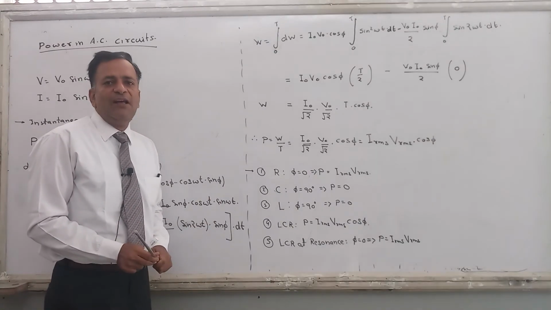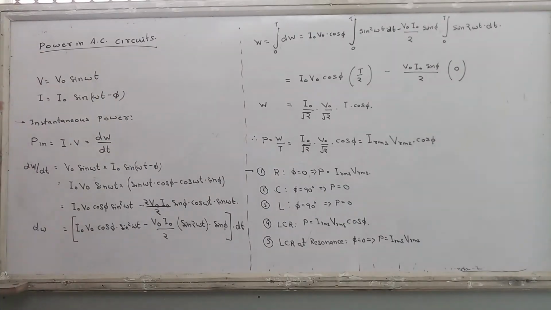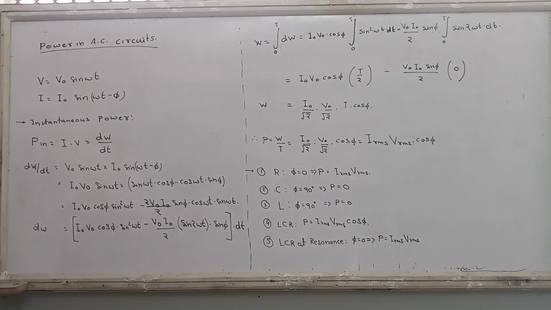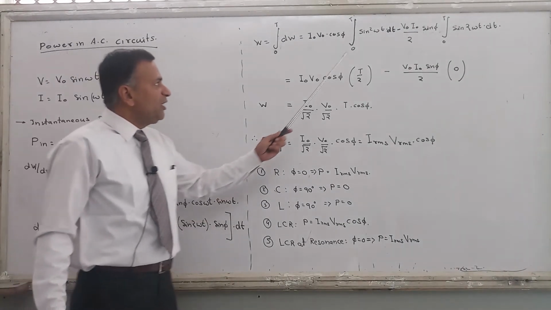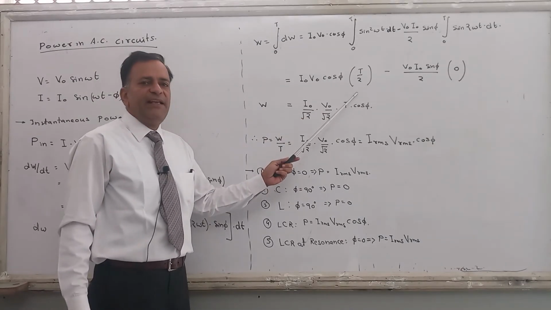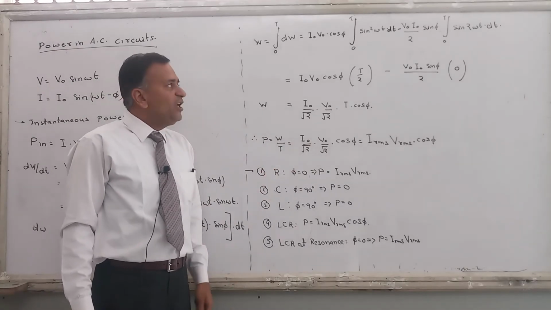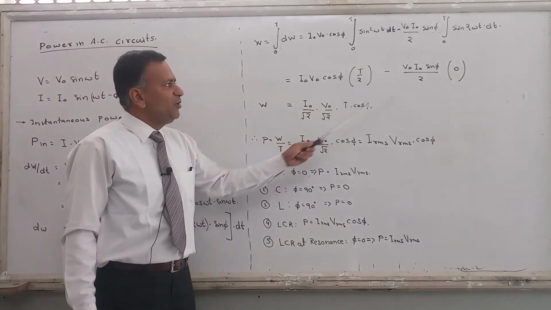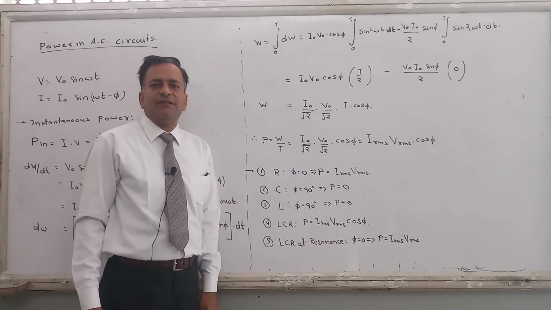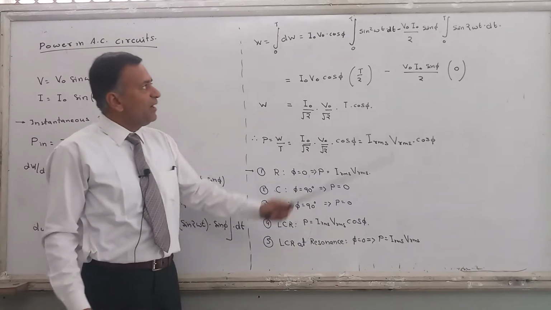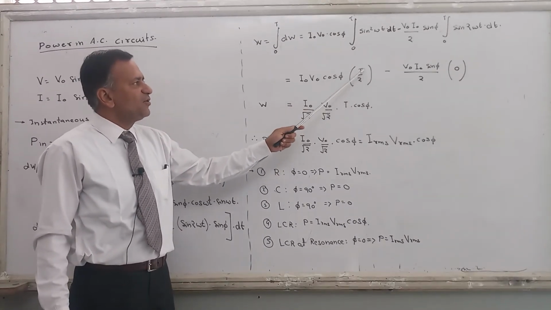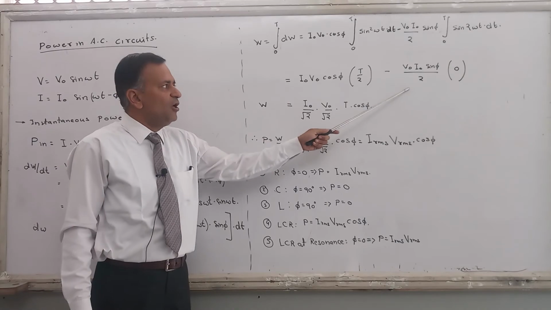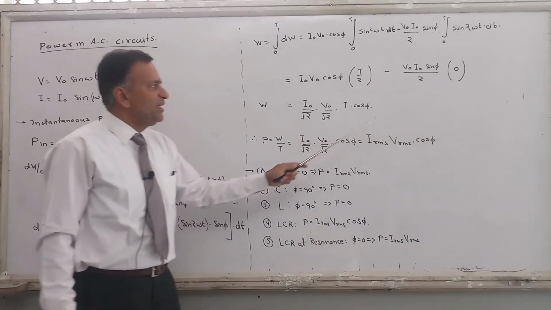No need to solve, because if you look at it, the derivation is already very long. And if you still want to integrate this and write down the results directly, you can write. If you want to solve this and then write that this is t by 2 and this is 0, then also you can do this. Okay, but nobody is going to cut your marks when you directly write the results. So this will be t by 2 and this is 0. So the second term in this derivation becomes equal to 0.